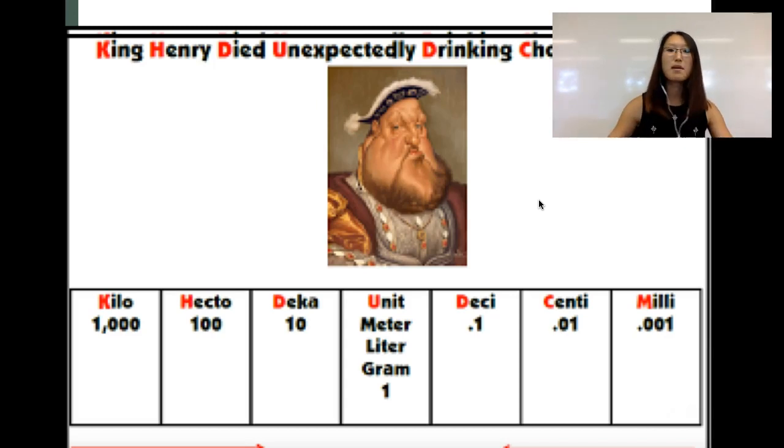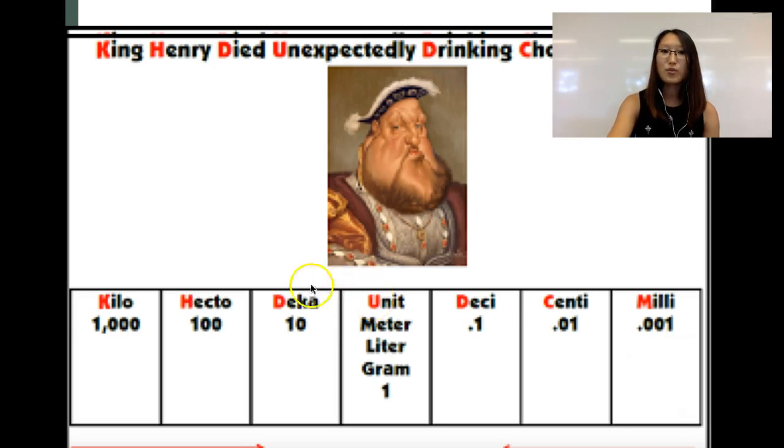So one way to remember the scales of each one of these units is by memorizing King Henry died unexpectedly drinking chocolate milk. The word in the middle is called unexpectedly. The U can stand for unit, or usually the normal kind of unit. Those will be your meter, liter, and gram. And then